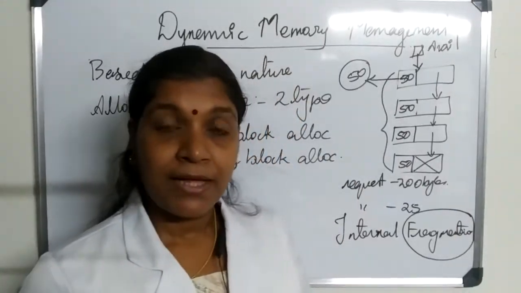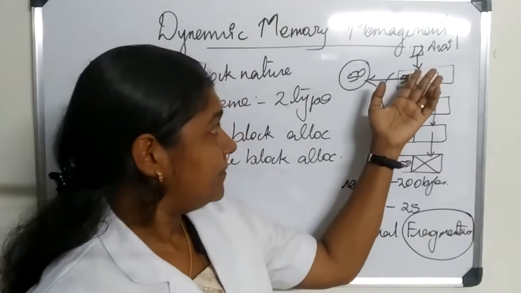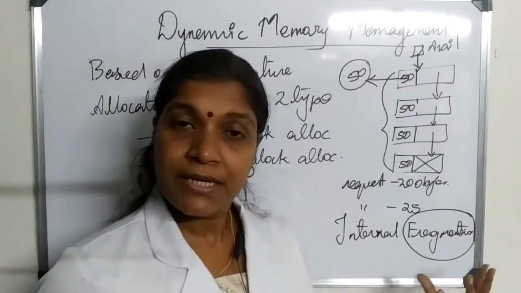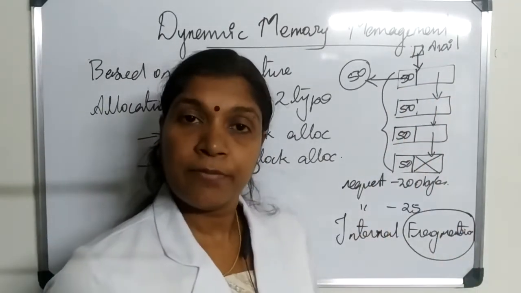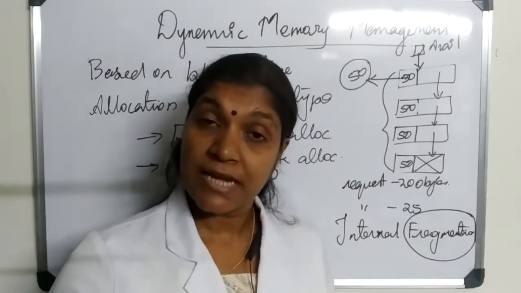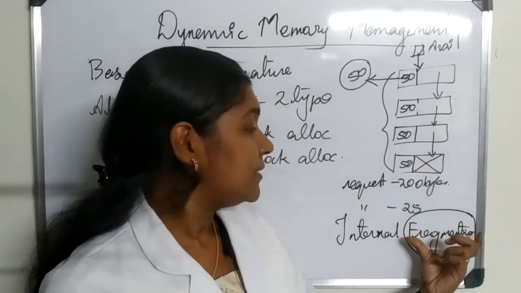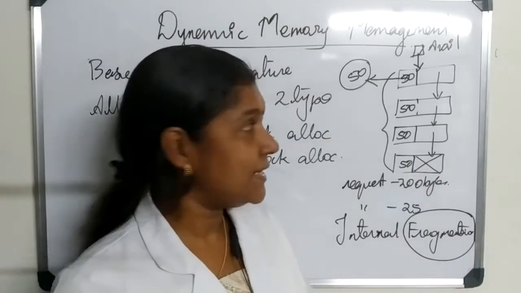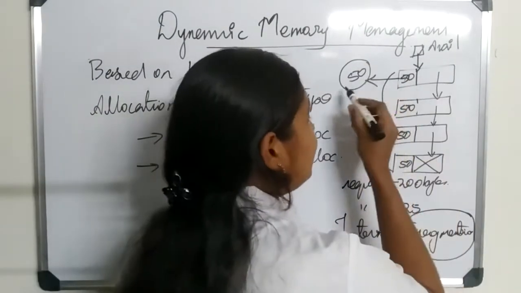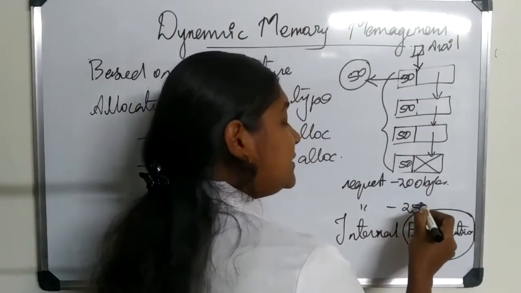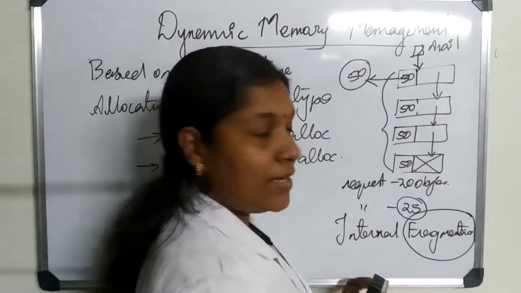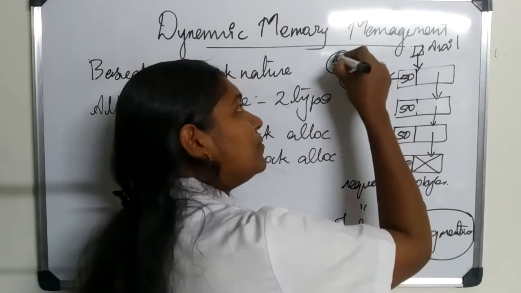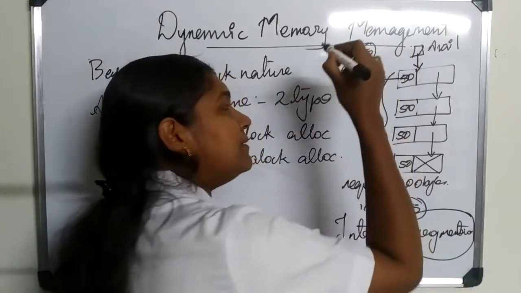Actually, the term fragmentation means the problem of creating holes here and there in the system memory. Because of that, beyond a particular limit, if the fragmentation exceeds, then the total amount of available memory would be more than that needed to satisfy a request, but the system is unable to perform the memory allocation. Why is it like that? I will show you an example. Suppose first a request came for 25 bytes. So we allocated 50 bytes. Only 25 bytes is required for the program, and the remaining 25 bytes is simply getting wasted.